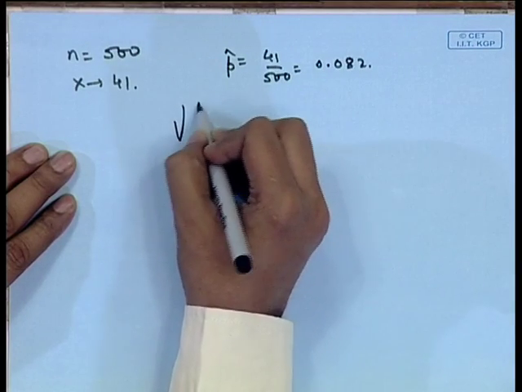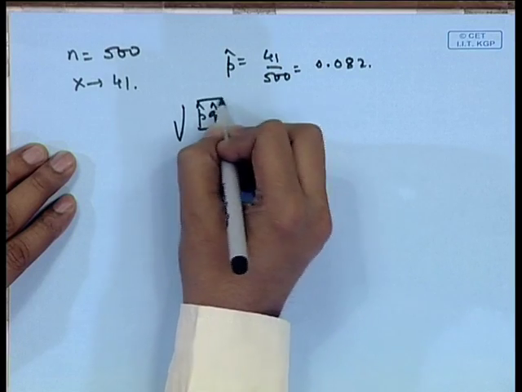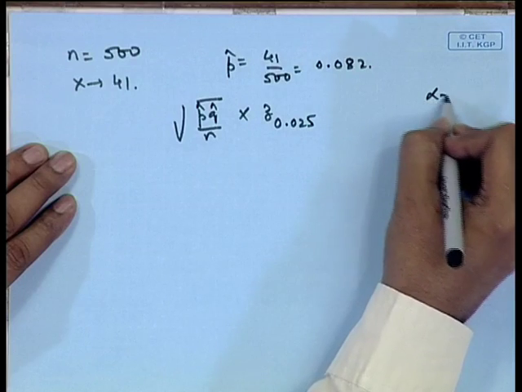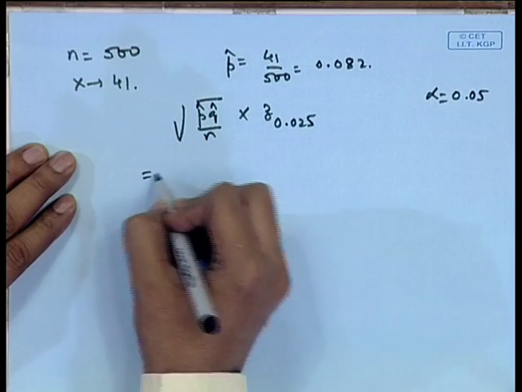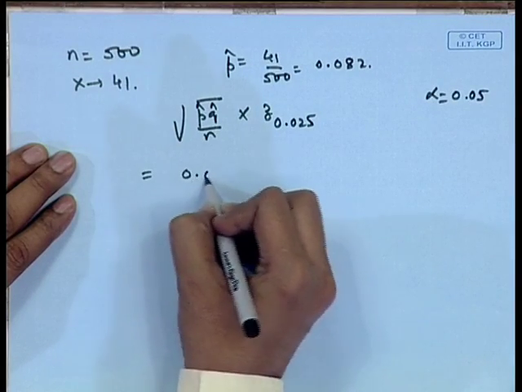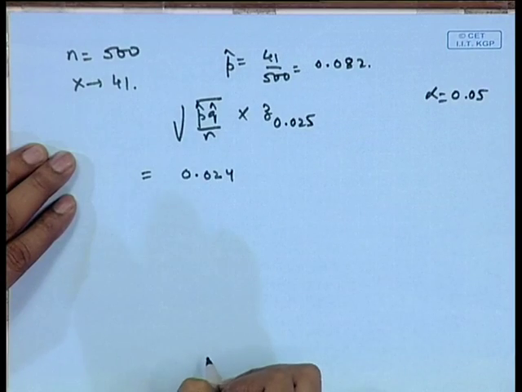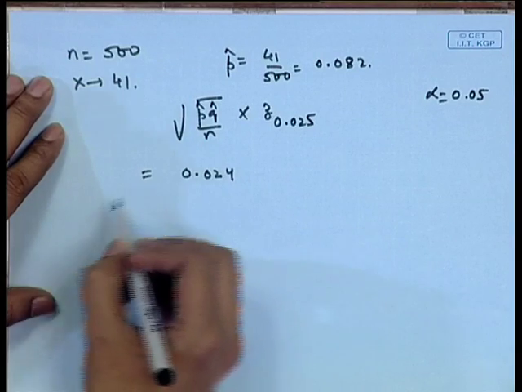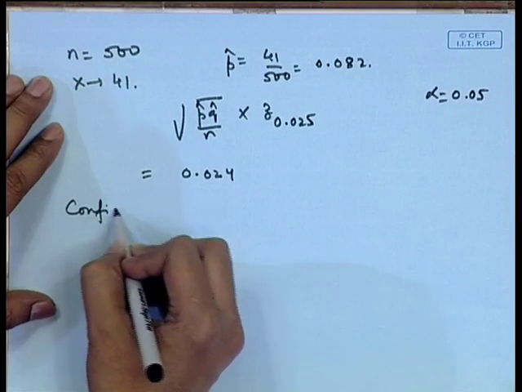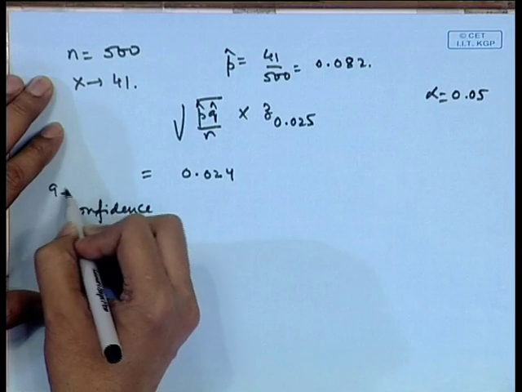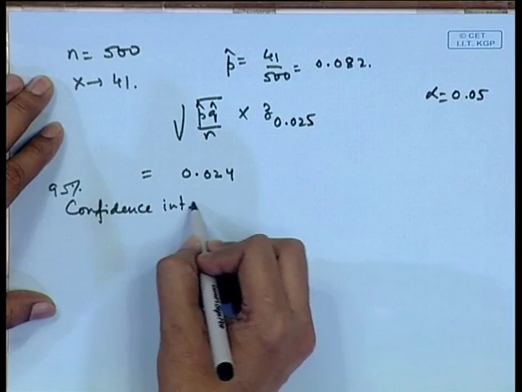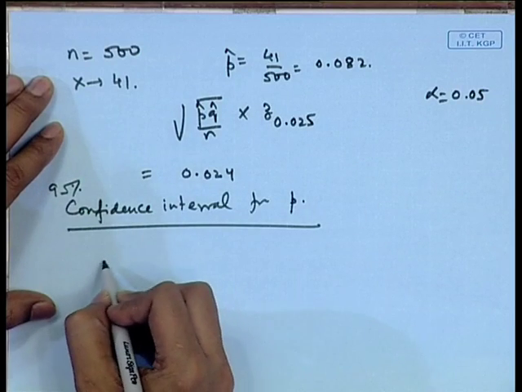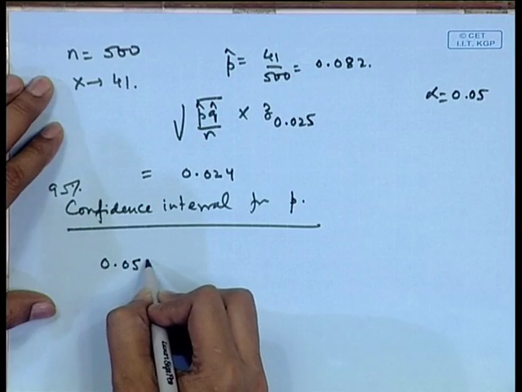So, if we consider root p hat q hat by n into z 0.025, suppose I take alpha is equal to 0.05, then this value turns out to be 0.024 say. So, if we are considering here the confidence interval, say 95% confidence interval for p, then that will be equal to 0.058 to